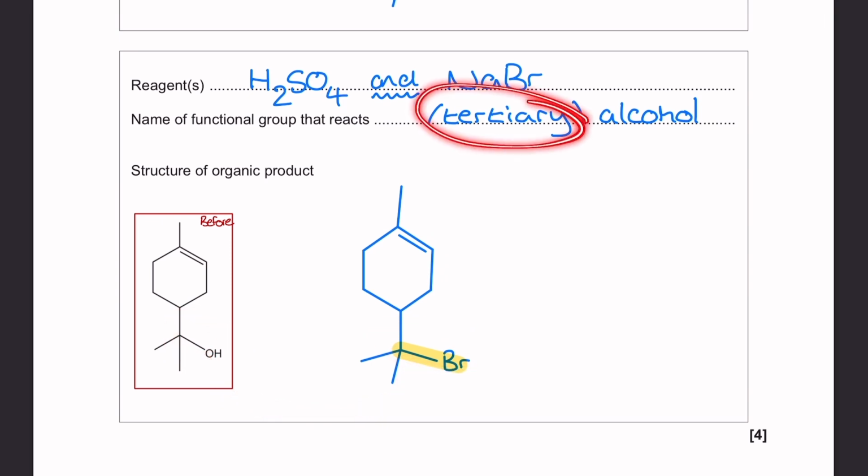You didn't need to mention tertiary, but you did need to mention alcohol. I wouldn't run the risk of not mentioning tertiary here. You can't suggest things like acidified potassium dichromate to oxidize it, because that doesn't happen for tertiary alcohols, but it